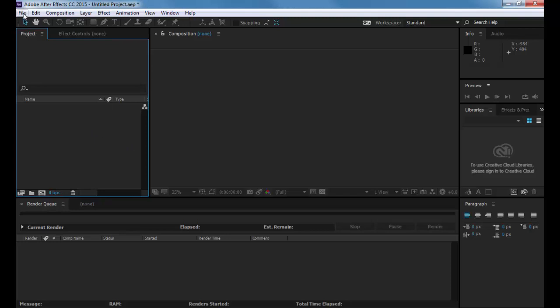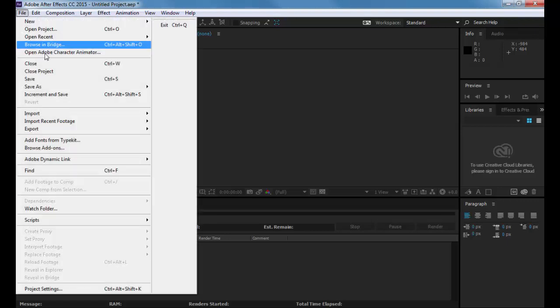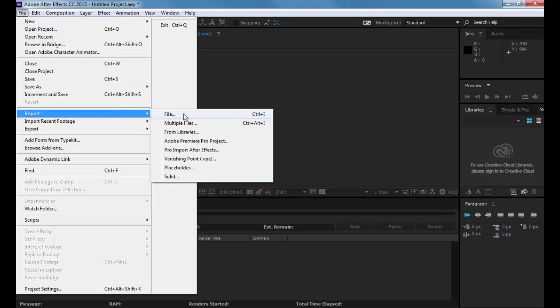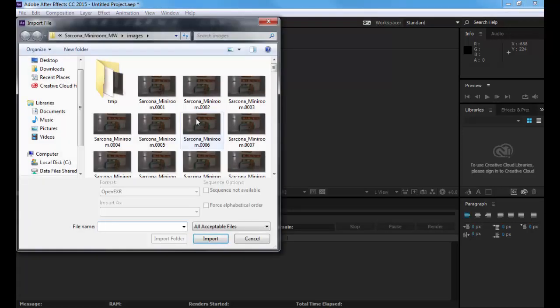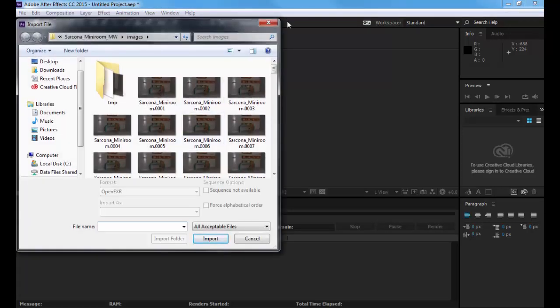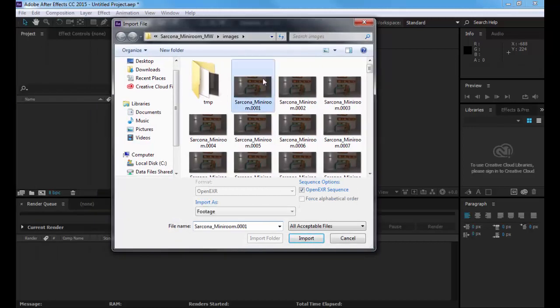So we need to import the footage. This is where you import, where it says project. You can Control I, you can double click that area, you can go up to File, Import, File. And then you have to find your images folder. Now when you find your images folder, you'll see that if you remember 2 seconds ago, I clicked on